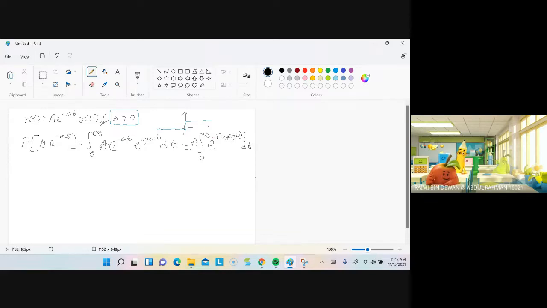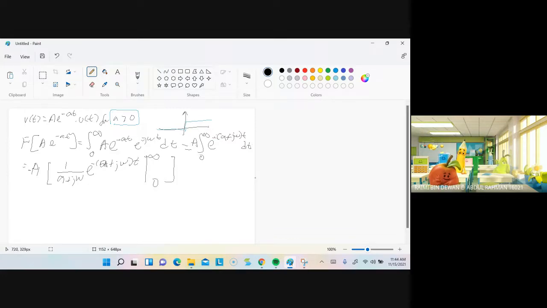Okay, then you do the normal integration with the limits. Okay, a you can put outside, negative a. Okay, and then integrate 1 over a plus j omega. Okay, and then e negative a t, a plus j omega t. Okay, with limit of infinity until 0. Okay, the limit,